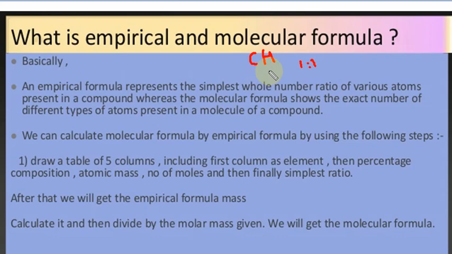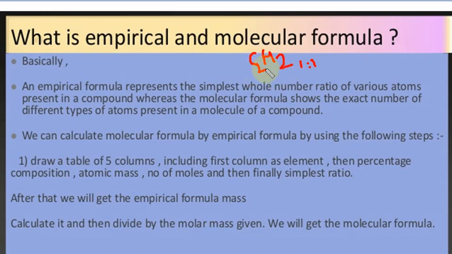जबकि इससे रिवर्स मोलिकुलर फॉर्मूला जो है, it shows the exact number of different types of atom present in a molecule of a compound. For example, if I written here 2 and I will written here again 2. So molecular formula showing that there are 2 carbon and 2 hydrogen. But in case of empirical formula, it is not fixed. There may be, one can say 3 or 3, 4 or 4, 5 and 5.